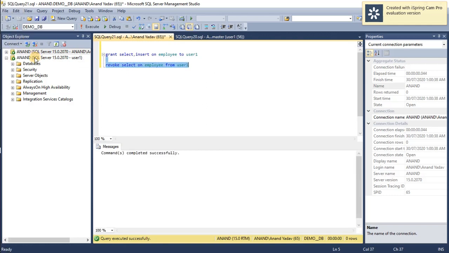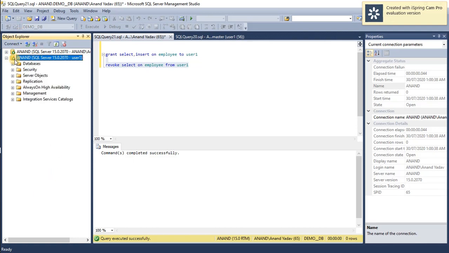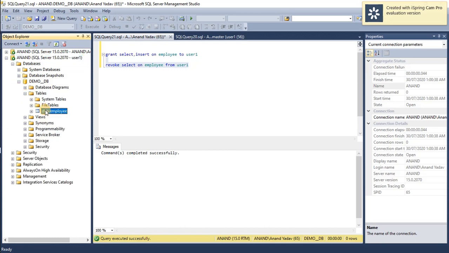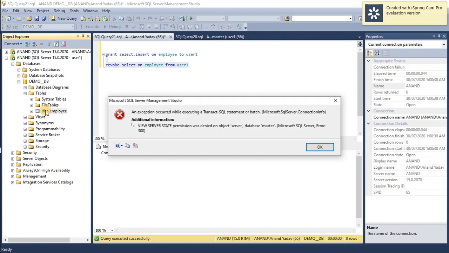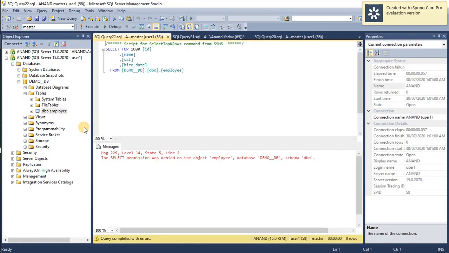Now I'm going back to user 1 and refreshing the server and table again. Here it is prompting an error message. We have reverted the permission, so you can see the error message that the select permission was denied on the object employee.